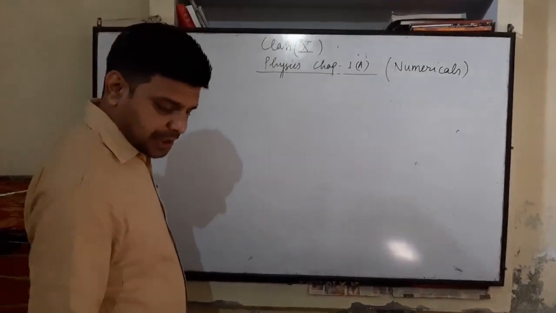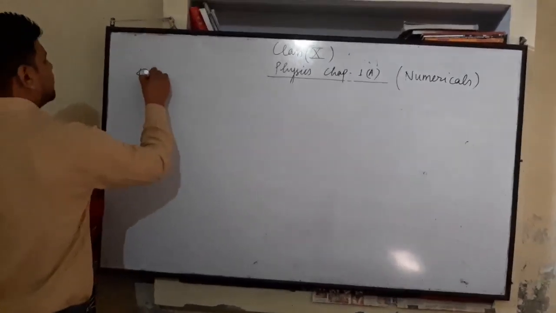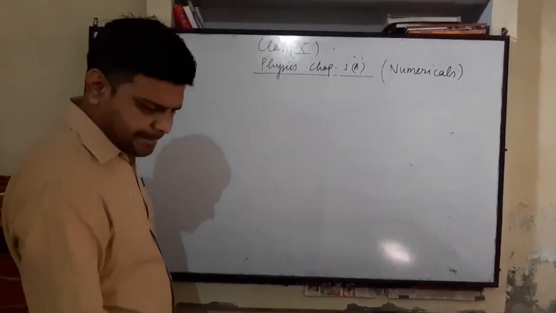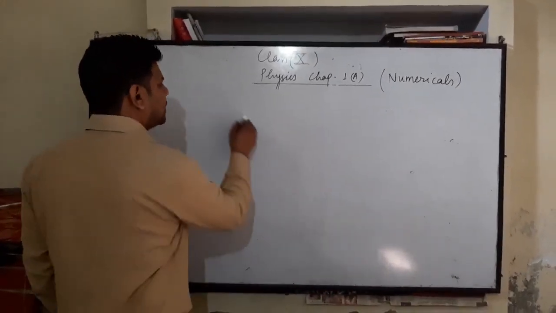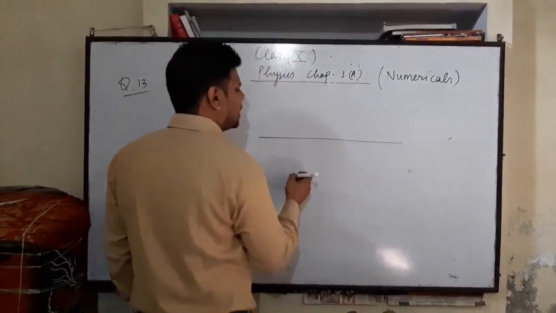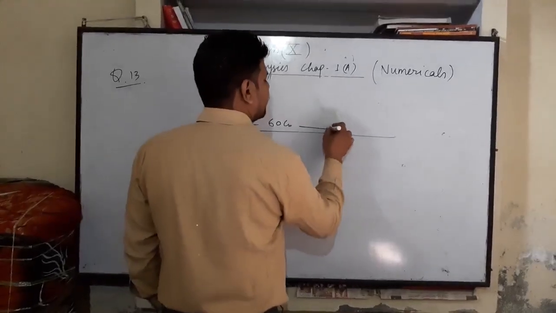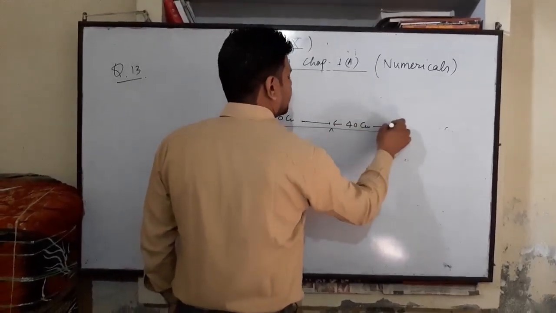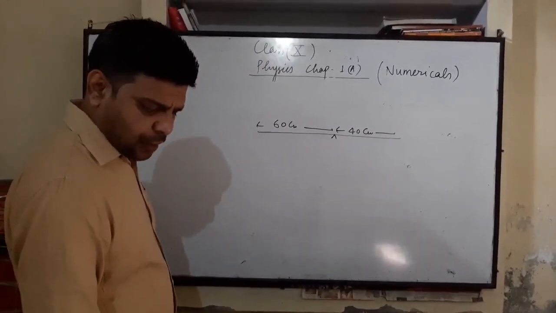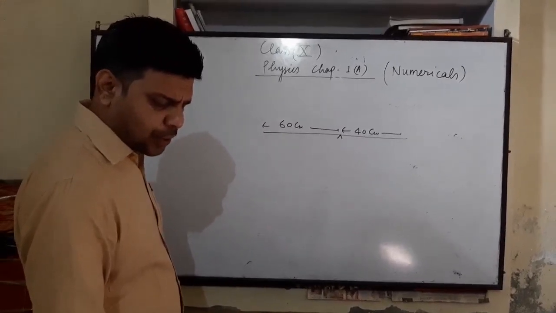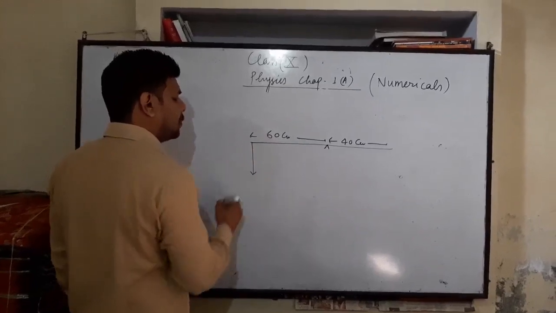Now, question number 12 you will do yourself. Question number 13: a physical balance has its arms of 60 centimeter and 40 centimeter. Consider a physical balance with arms of 60 centimeter and 40 centimeter. It means this is the pivoted point. What weight kept on the pan of the longer arm